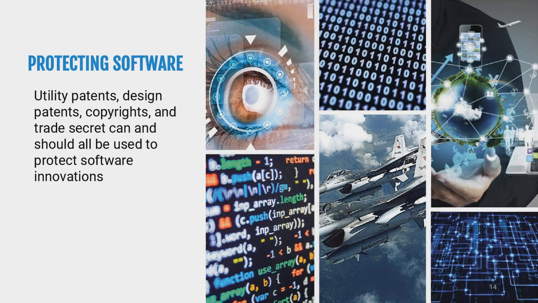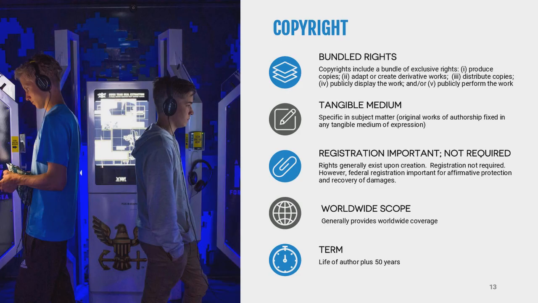Copyrights is also another way to protect your intellectual property, and a good way to think about this is to think of the artistic works, think about music, think about books. Those are generally protected by copyrights. These are usually for literary works, musical works, dramatic works, choreographic, pictorial, graphic, sculptural works, sound recordings, architectural works. The reason that this is important maybe for some of the companies is software can also be protected by copyright, for the specific code that you use to generate that. We'll talk about that in a little bit.